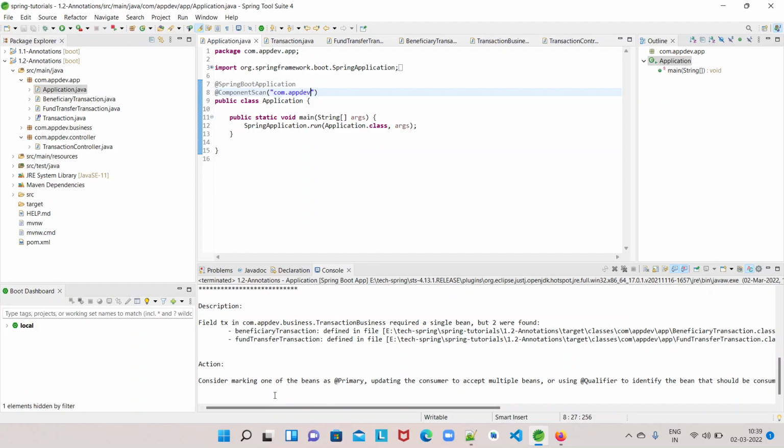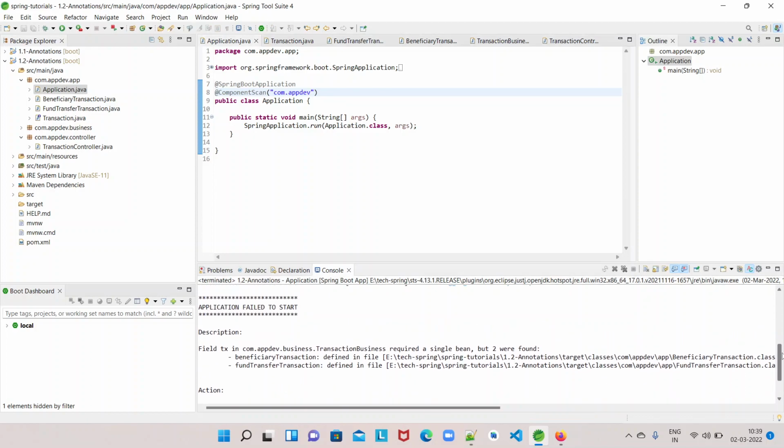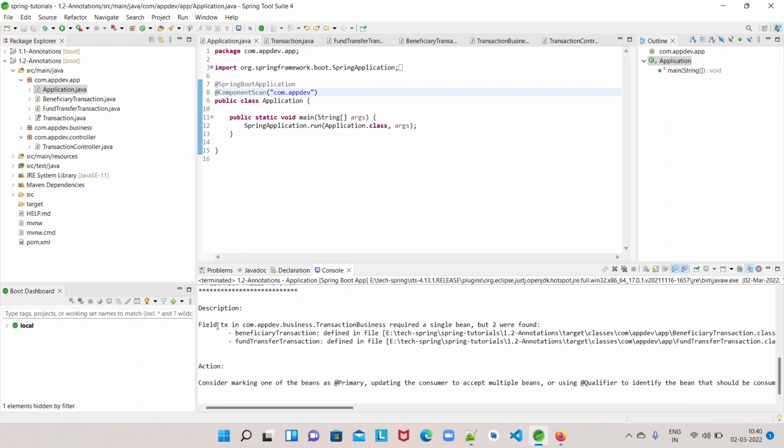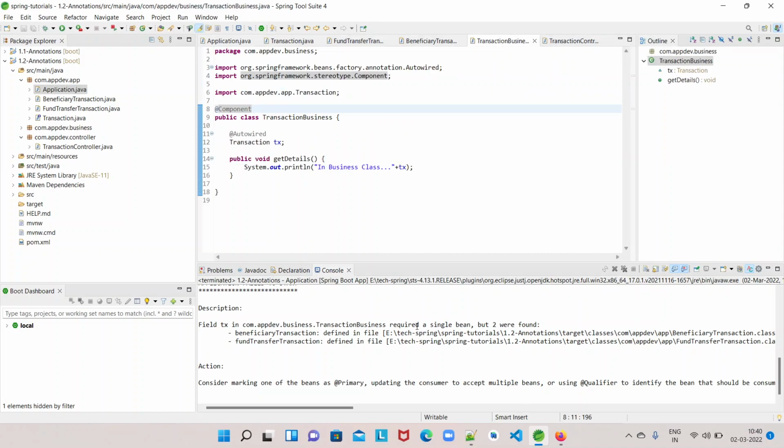See this? There is a problem during the container startup. Field tx in transaction business required a single bean, but two were found.